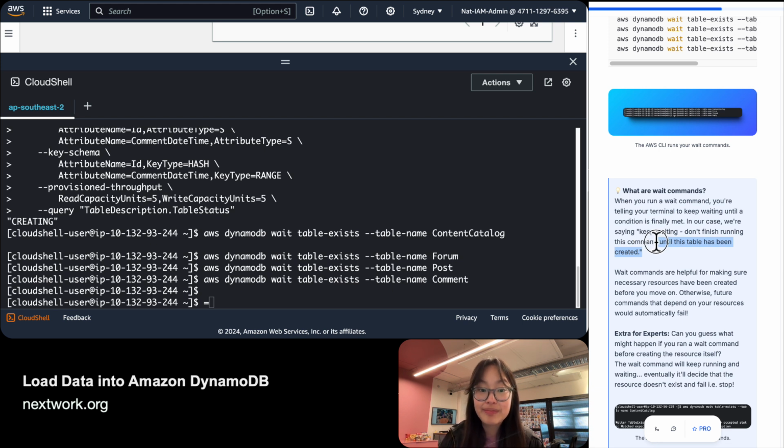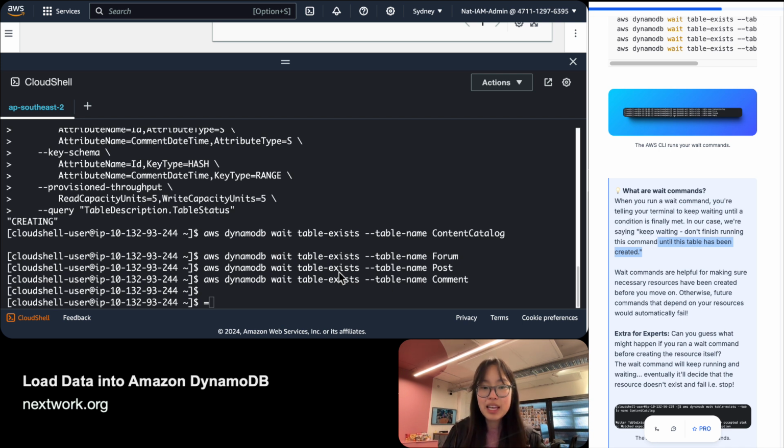has been created. Wait commands are really helpful because if you have a command later on that relies on something that you've created being done, so in this case, we needed to make sure that this table has been created for us to move on to the next step, you would use wait commands to just confirm that the resource is ready to go before you run any of the other commands. Because if you were to run any of the other commands first, you'll likely just run into errors. And this is a great way to just confirm that the resources are ready to go before you run